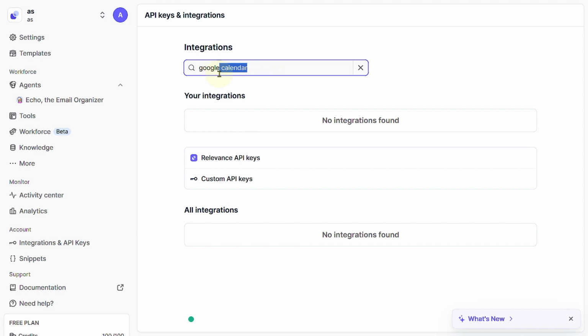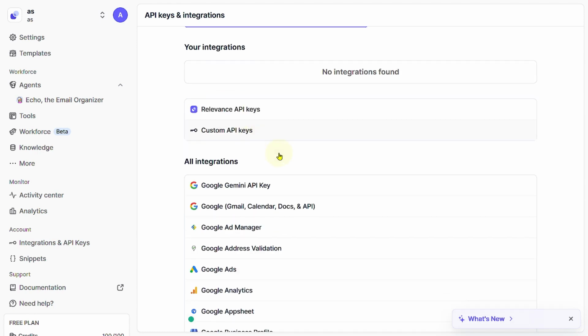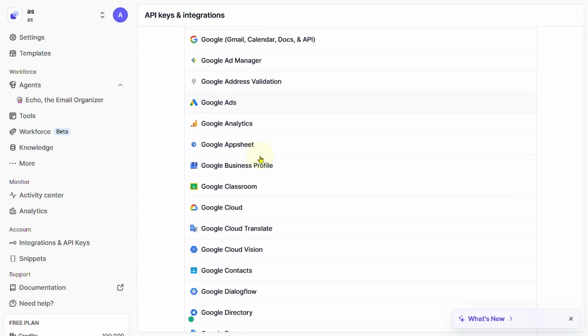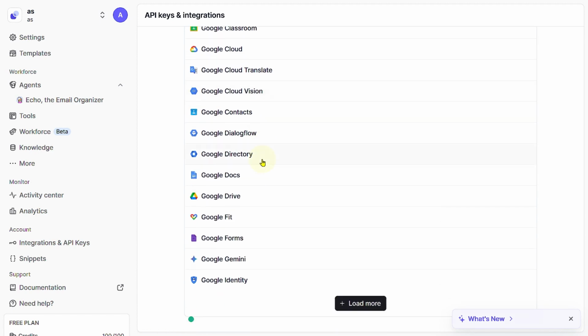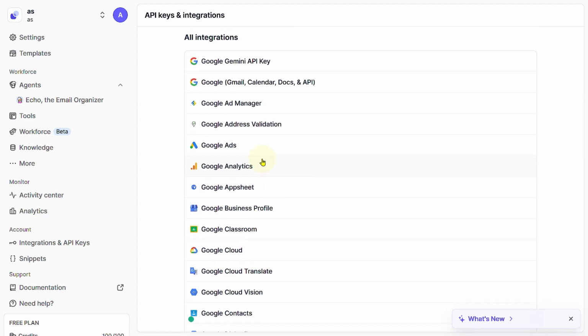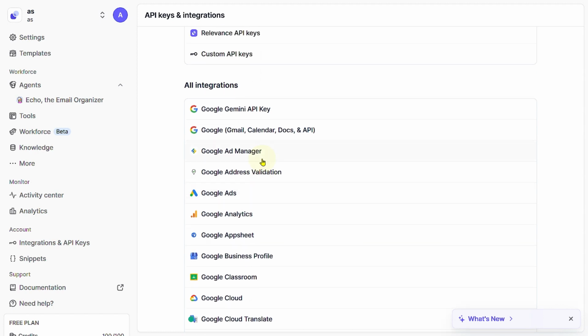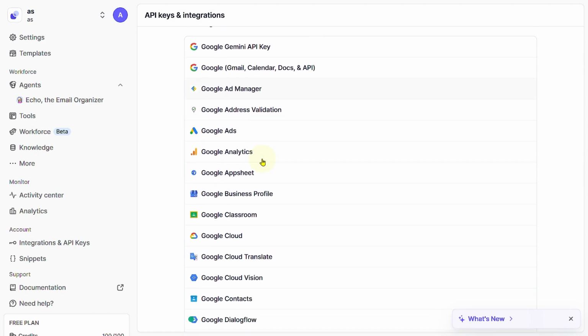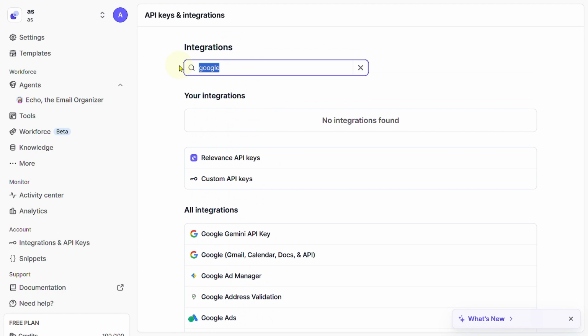And actually it is not showing up, so you can see we have a different type of Google products, and calendar is also going to be available somewhere here. If not, you can generate an API key. Let me just actually find it. So yeah,